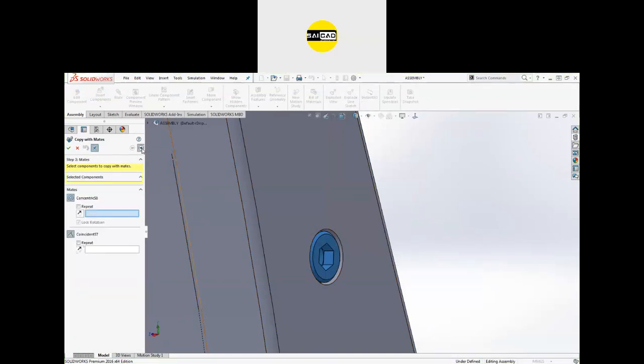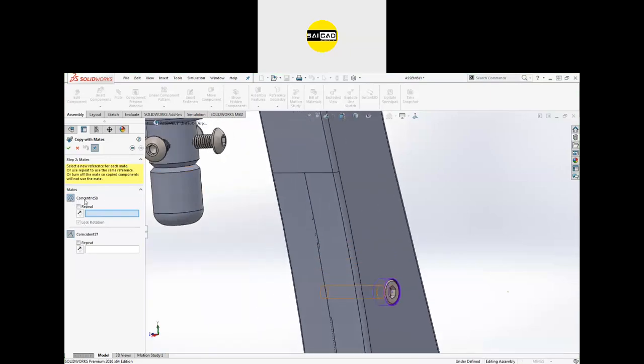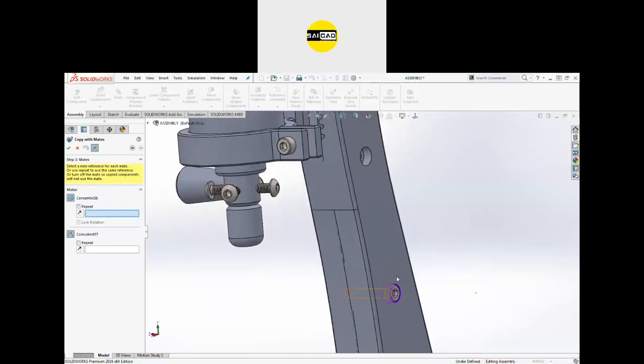Now click on next. We have some options here. So first of all, it is asking, in the concentric, what do you want to create? You want to repeat that concentric, you can do that, or you have to specify the next location. Right now, I want to place this part here, so I cannot repeat the concentric here, because the similar face will be repeated. I want to define the new one, so just click here, you can see the face is defined.